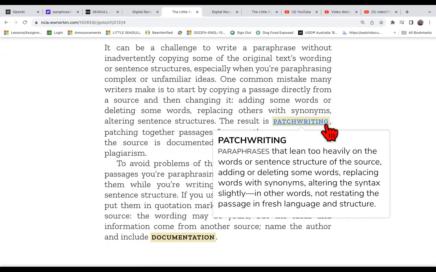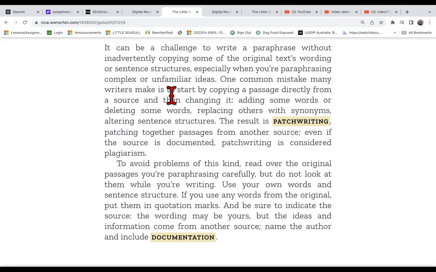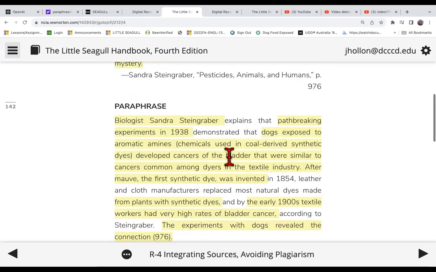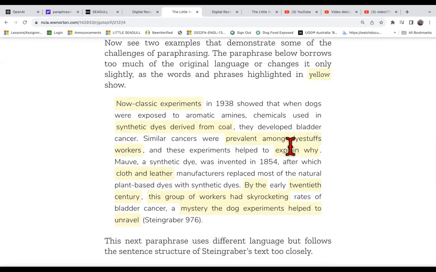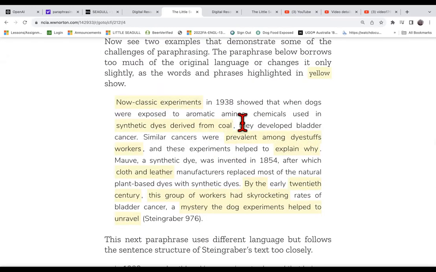This is what is called patch writing. We don't want to do that. We don't want to copy this up here, paste it on a piece of paper and say, scientist so and so explains that, well, you could find a synonym for path-breaking. It could be, oh, that's that. Now, classic experiments. You could say game changing experience,